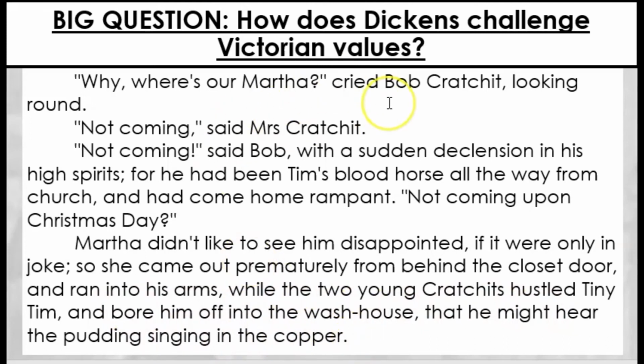So they're all playing a joke on him. He's asking where his daughter Martha is, and Mrs. Cratchit keeps up the joke of the other children, saying she's not come home for Christmas, and he's really, really sad about the idea, and she can't bear to see anyone unhappy on Christmas, so she comes out and greets him and runs into his arms. That's how much the family love each other. And then we get this lovely, energetic description of the young Cratchits hustling Tiny Tim, so they're carrying him, bearing him into the wash house, where they've got essentially a copper kettle which is being used to boil their Christmas pudding. So the idea of food, all the celebrations, all the energy, and also the fact the family being happy together, sharing that time together, are very important ideas in the story.